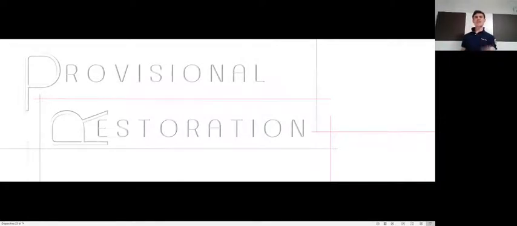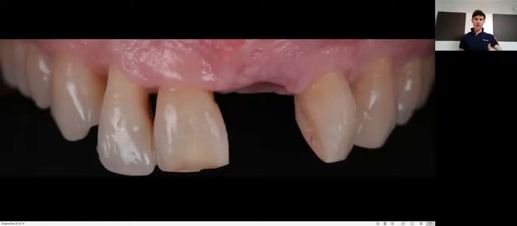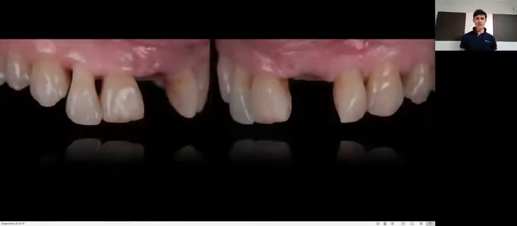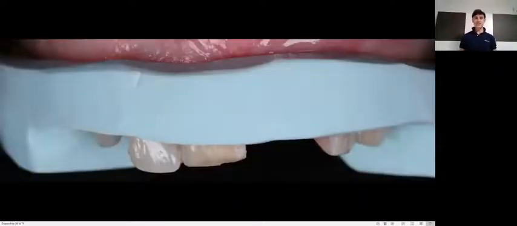We provided first to obtain a screw retained provisional restoration with an impression of the fixture at the surgical re-entry, and while the soft tissue was maturing, we were ready for the ceramic veneer impression,